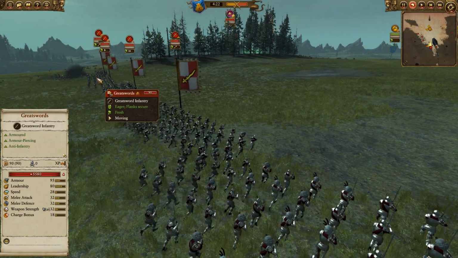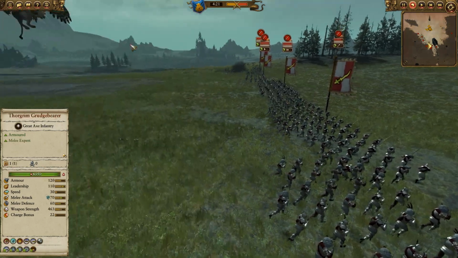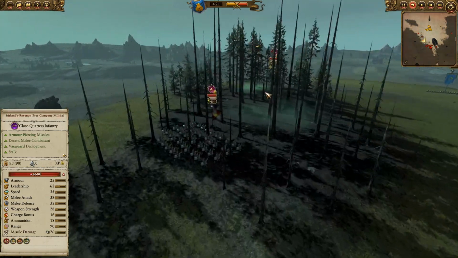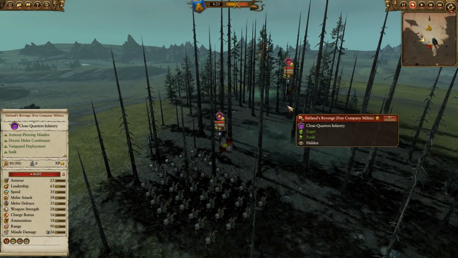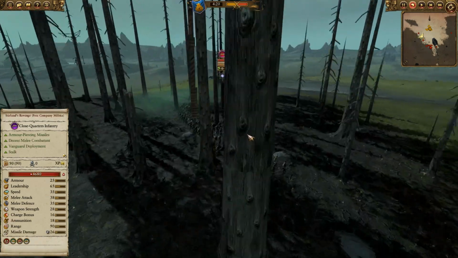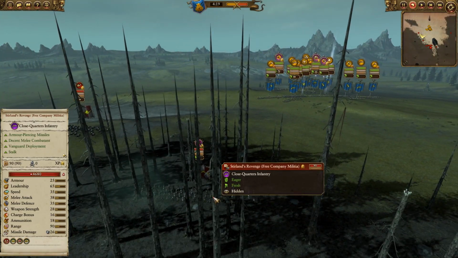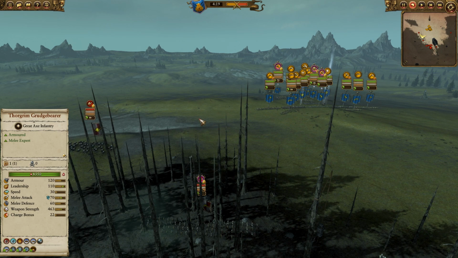Granted, they're going to take some heavy damage from that Gobblobber. You can see over here they've already taken quite a bit. He does have the mighty Karl Franz up here as his lord. He has Zintler's Reichsguard vanguarded here in the forest, and Stirland's Revenge, the Free Company. These guys are great against the Dwarves, like one of my favorite picks, because the Dwarves obviously have a pretty good missile presence, but the Stirland's Company, if used correctly, you can get them in a very ideal firing position